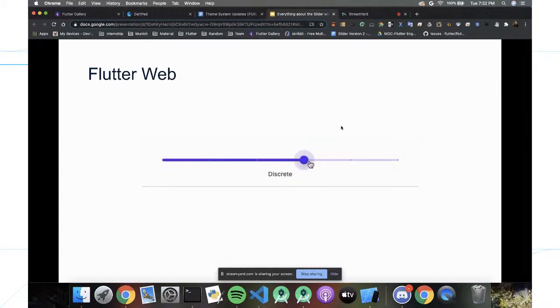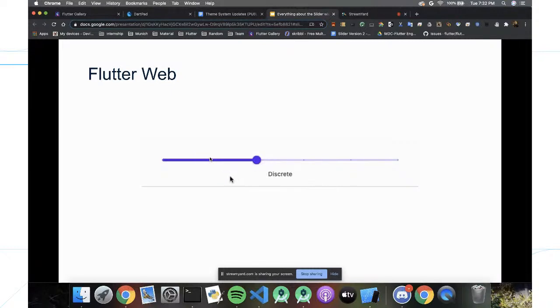Before, Flutter used to be only mobile, so you would only have to cater towards your iOS and Android clients. But Flutter Web is in beta, and since Flutter Web came out, we have to make sure we cater towards our web clients too, right? So to do this, you might not think about it, but for example,